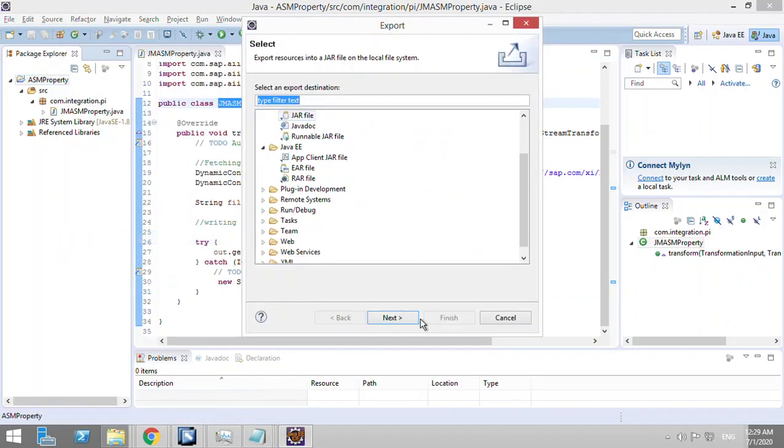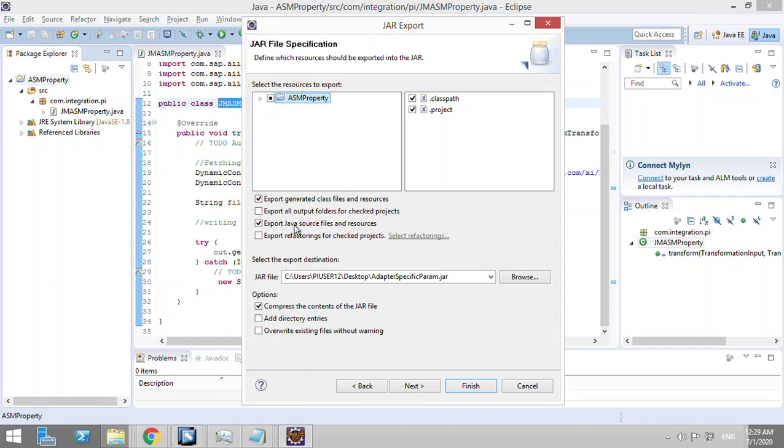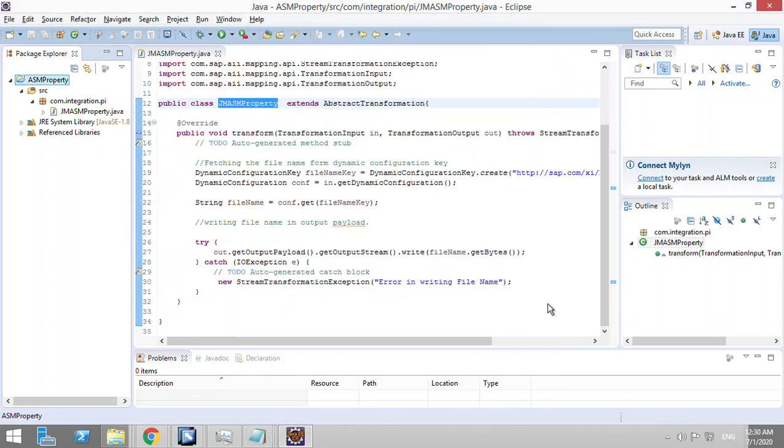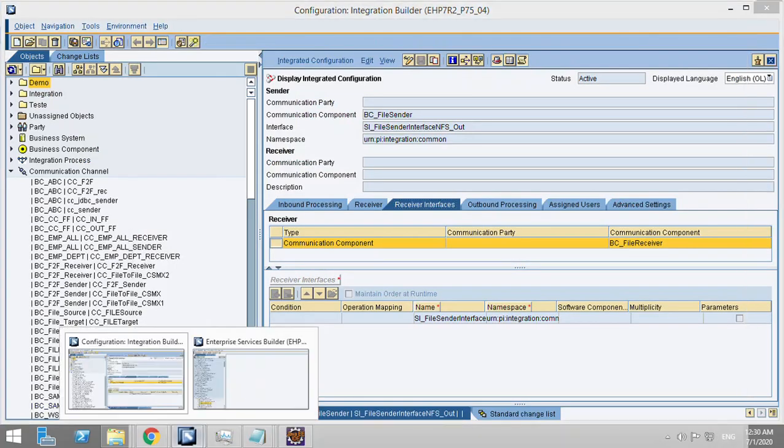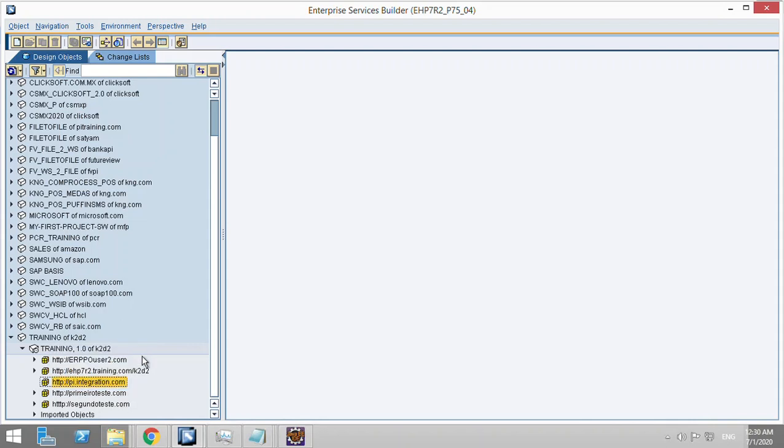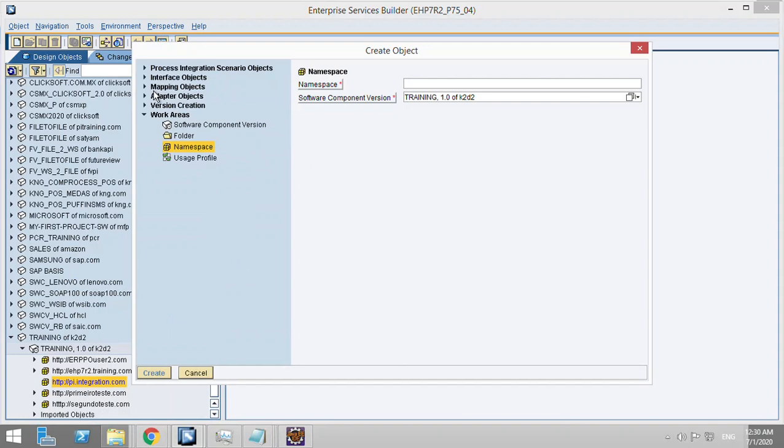Exported jar file, and I'll keep these checkboxes checked and remove this file name. Jar, finish. So my jar is ready. Now I'll go in ESR and create two objects. The first object will be, okay, so first I'll create